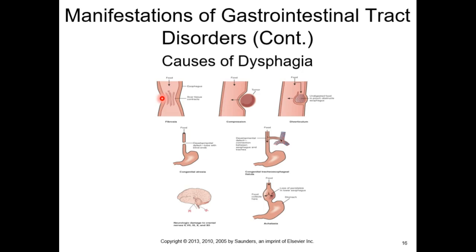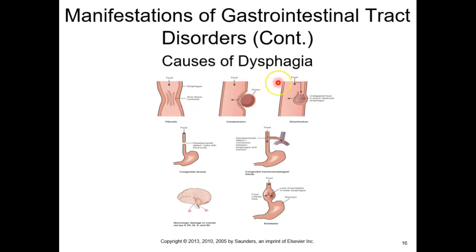So visceral innervation is really nonspecific. They may follow referred pain patterns. It's going to be vague, a gnawing pain. It's going to be described differently than somatic or parietal pain, where you have dermatomes that give you a very specific body map of where things are, right? That's visceral versus parietal, or somatic rather. So the pain of dysphagia will tend to be very nonspecific because this is visceral innervation.